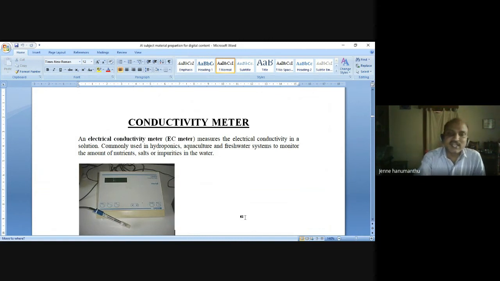See the diagram. It shows the general structure of the conductivity meter, provided with a simple rod, which is nothing but a sensor, right? The electrical conductivity meter, also called EC meter, measures the electrical conductivity in a solution. It is commonly used in hydroponics, aquaculture, and fish water systems to monitor the amounts of nutrients, salts, or impurities in the